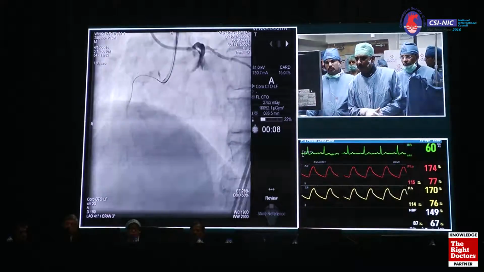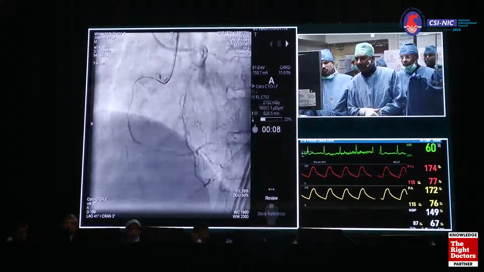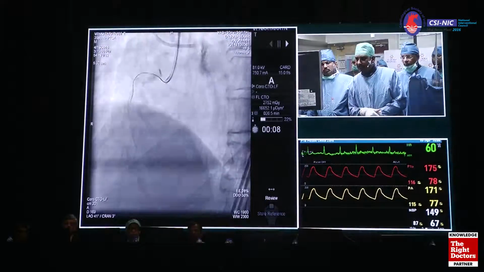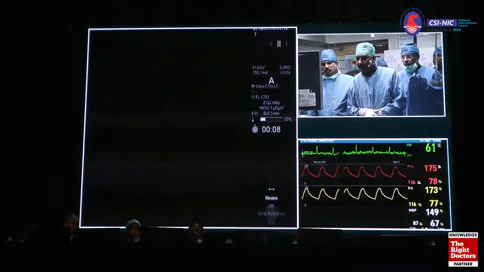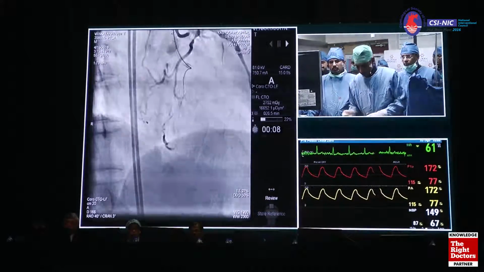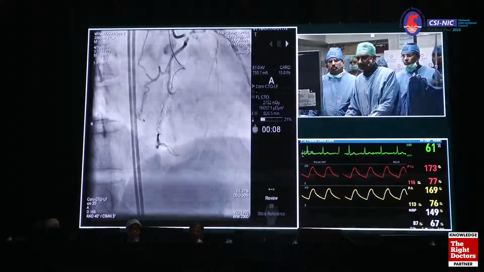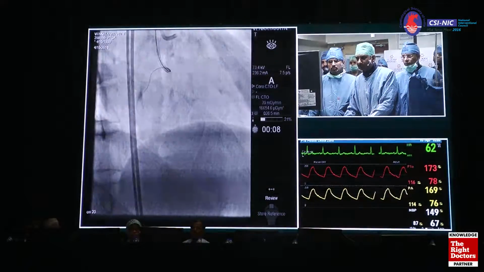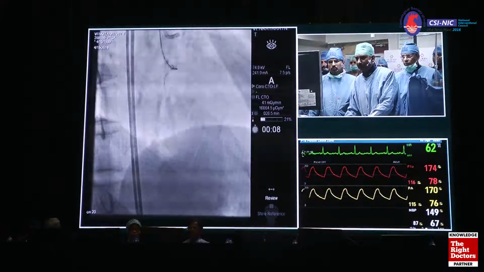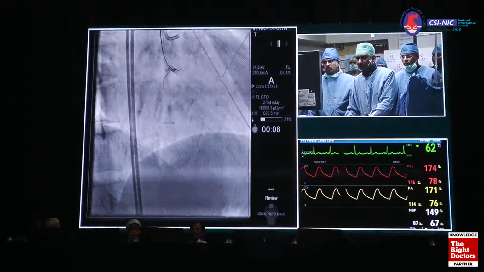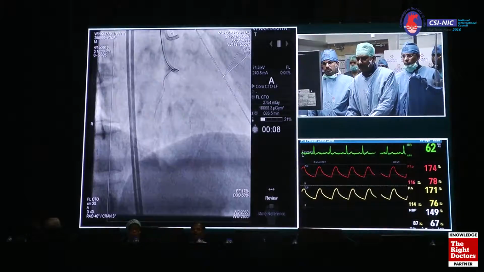We need a few more millimeters. We are having some difficulty in the backup, so we are planning to maybe change the guide cath. Next shot, please. And as you can see in this view here, I think the distal tip is very close to the CTO segment. LAO again, please. So we are struggling with backup. I think you can discuss with the panelists at this point.